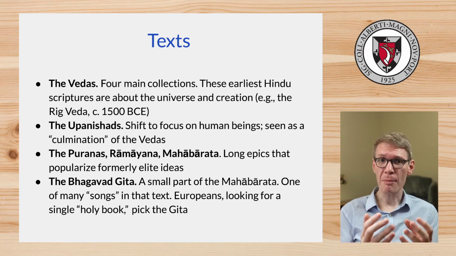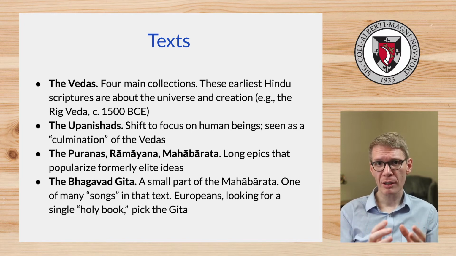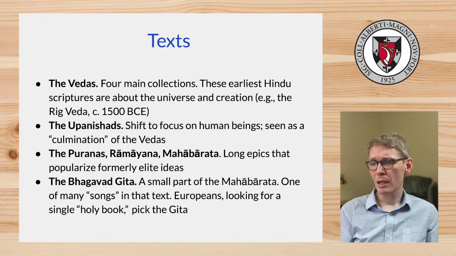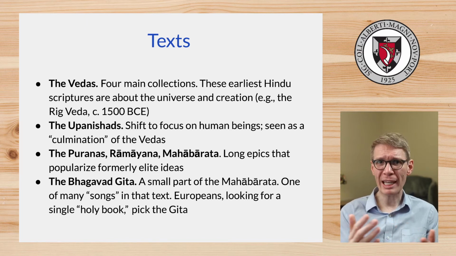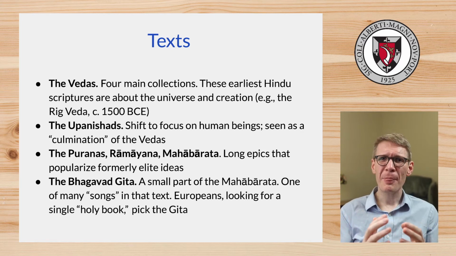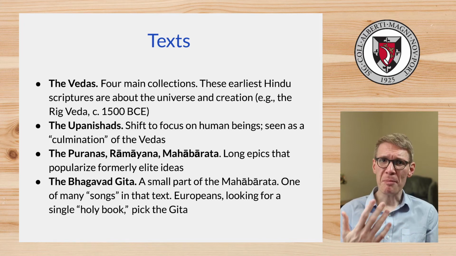They bring together the message of those four much longer, older texts in a kind of consolidated form, conveying, we could say, their essence. Other important texts within the tradition, among the several that are discussed in our text, are the Puranas, the Ramayana, and the Mahabharata. And these are epics, these are stories about kings and gods and other people, animals, monkeys, elephants, right? Beings that interact with each other in these dramas that help those connected with this tradition imagine and